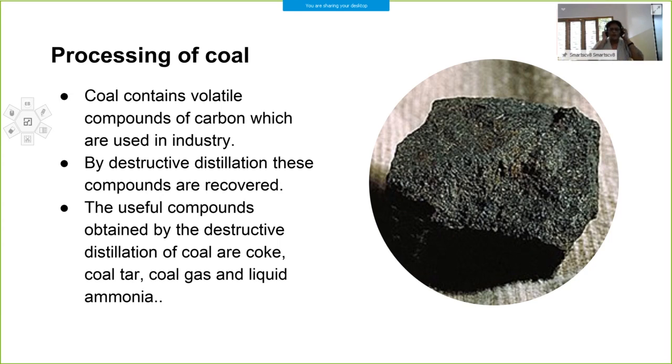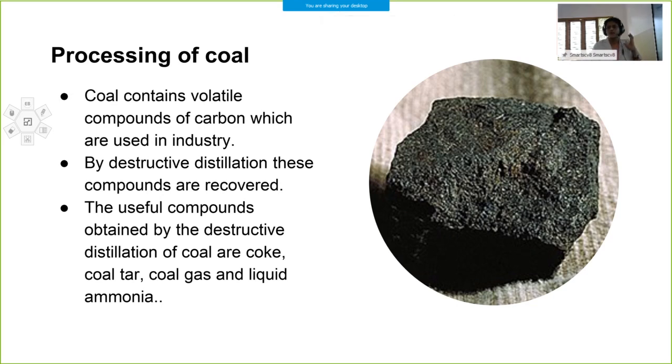Okay, so I hope you understood what you saw. Heating of coal at very high temperature in the absence of air is known as destructive distillation. When you heat coal, it converts into vapors, and these vapors, when cooled by passing through water, condense, and various products like coal tar, ammoniacal liquor or liquid ammonia, coal gas and coke,